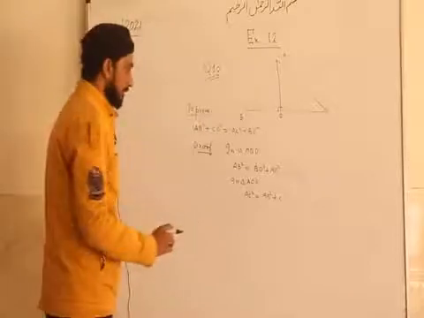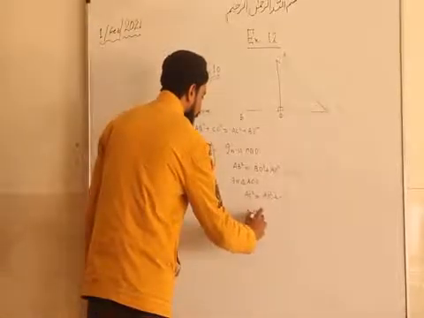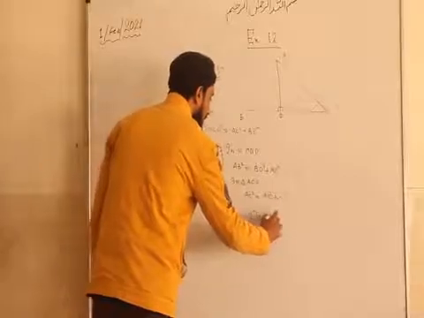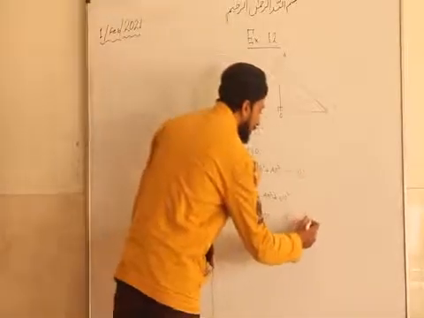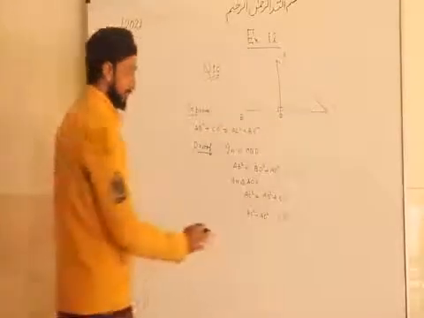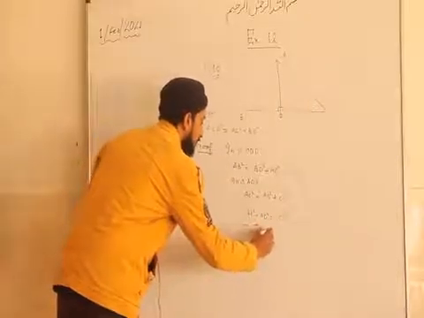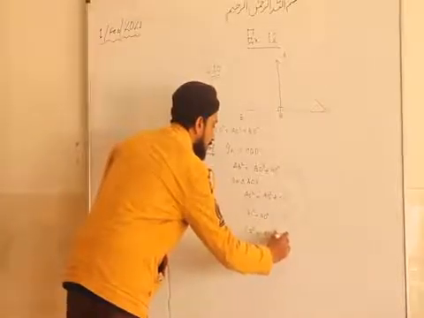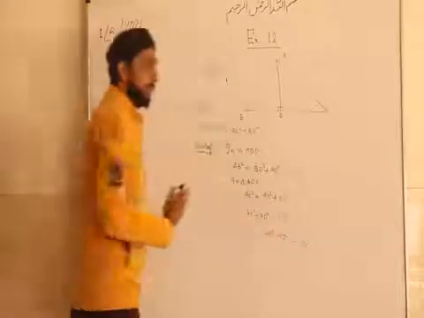Okay, so we need CD. So what we will do, we just take AC square minus AD square is equal to CD square, right? So this is the second equation now. So now what we will do, we just add both the equations. We can write it as CD square equals AC square minus AD square. Okay, now this is the second equation, so we will add both the equations.